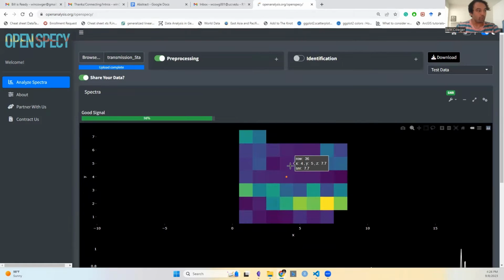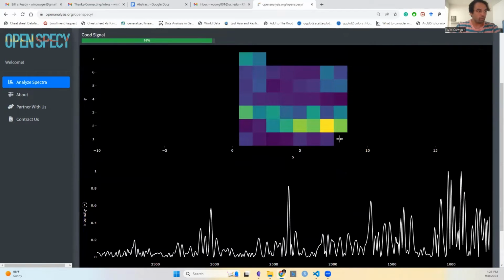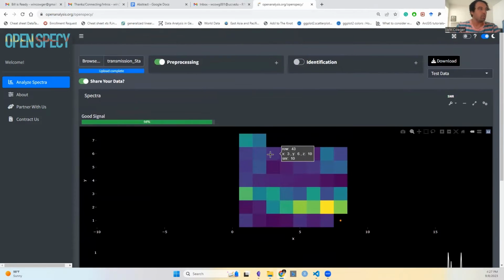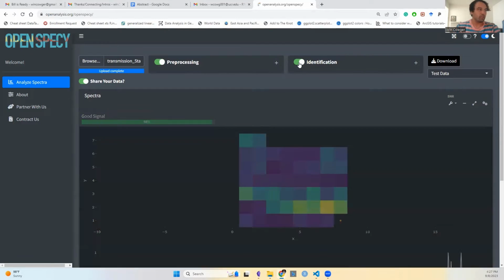So once you have your spectra and they're mostly above our signal to noise ratio threshold, there's still one that's kind of low here, but most of them are above it, we can click identification, and it will start identifying all 50 of those spectra that we uploaded in the zip folder. You can see it takes a minute because we've updated the reference library. It has several tens of thousands of spectra in it now, so it's going to take a little bit longer to be able to identify things, but we think with this new batch algorithm, that's really going to